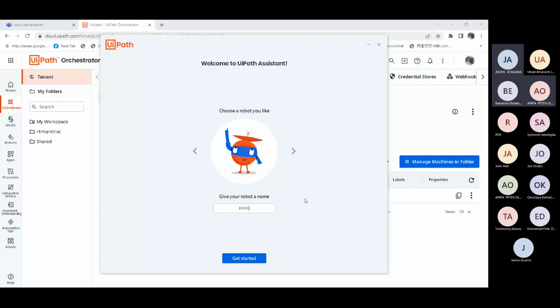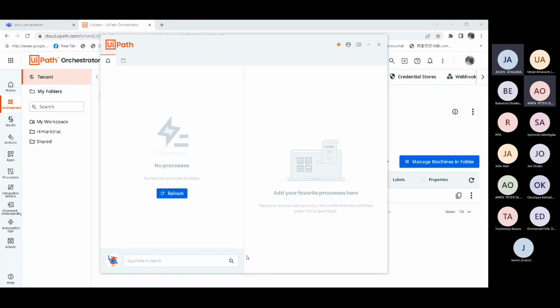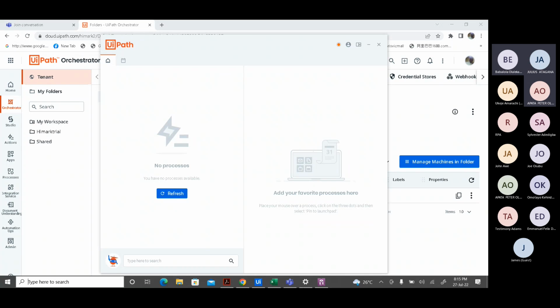All right. Can see it, right? But I'm not seeing screen again. Can everyone see my screen? Okay, hold on. I think I can see your screen now. Yes, then get started. You have given your robot a name. Yes, I have. Then get started. Okay. Hello? Yeah, nothing's working. Okay. All right.